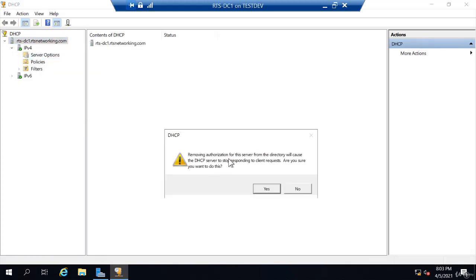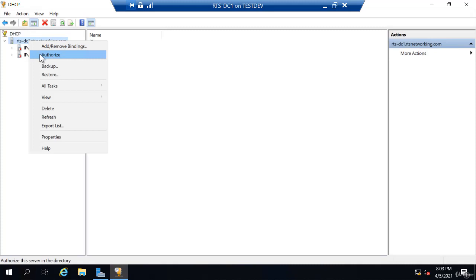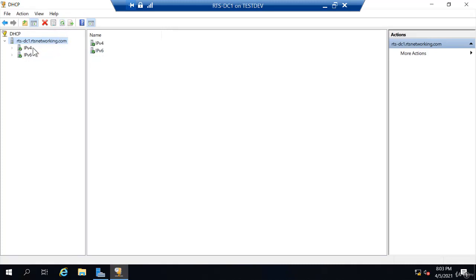Now it says removing this authorization for the server will cause the server to stop responding to clients. Are you sure you want to do this? I'm going to say yes. Now if I refresh the view, you'll see it has this white circle with a red down arrow. That just denotes that it's unauthorized. So anytime you see that, you know this server is effectively offline, cannot lease addresses until you authorize it. But to authorize it, it's nothing more than going back and clicking authorize and refresh, and they'll just turn to